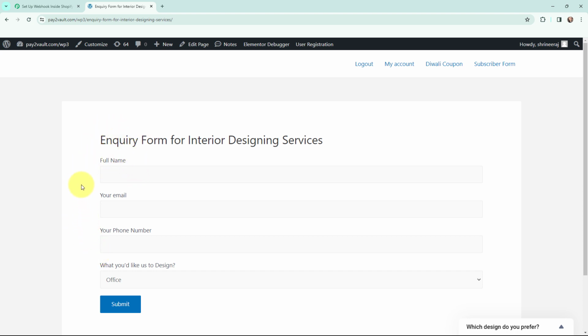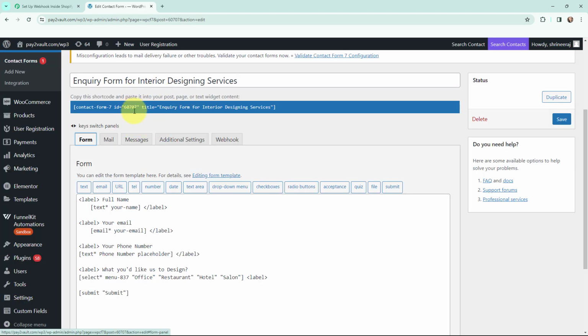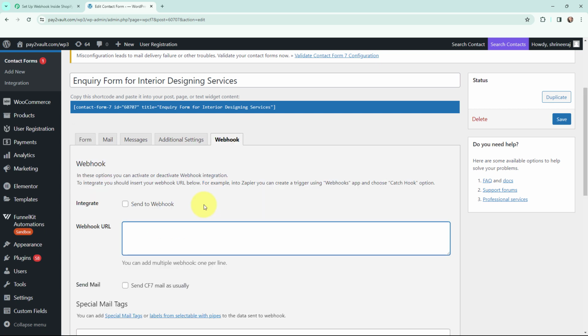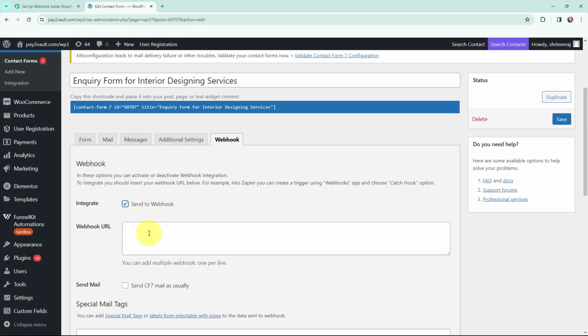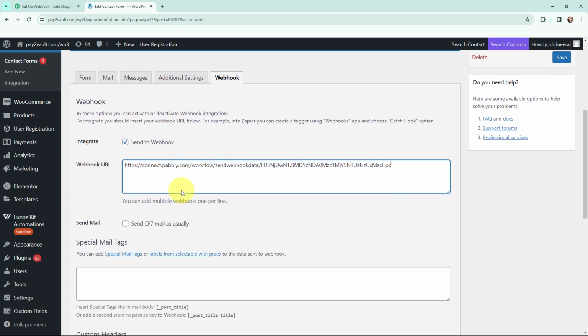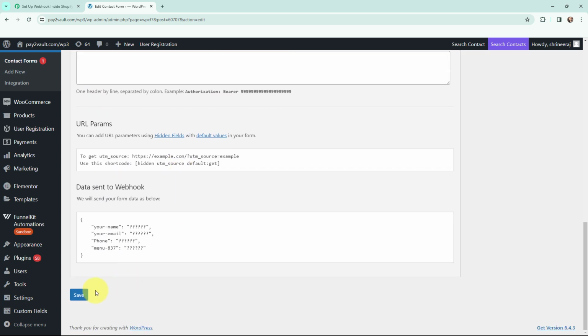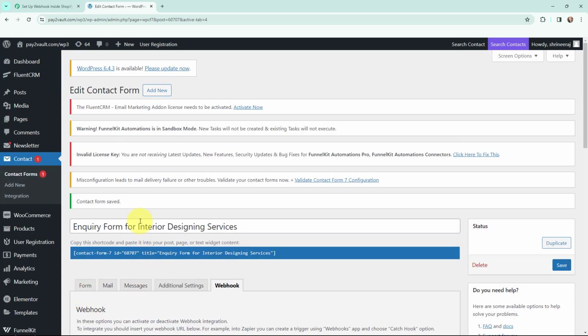Now going back to the form. As I've embedded this shortcode and showed you the preview of this form, now I will go to Webhook. Over here in Webhook, it says to integrate, you should insert your Webhook URL below. Firstly, I'm going to click on this box that is Send to Webhook. Over here, I need to mention the Webhook URL. From Pably Connect, I'm going to copy this Webhook URL, and over here in this field, I'm going to paste it. Once that is done, I'm going to click on Save. Here you can see that the contact form is saved successfully